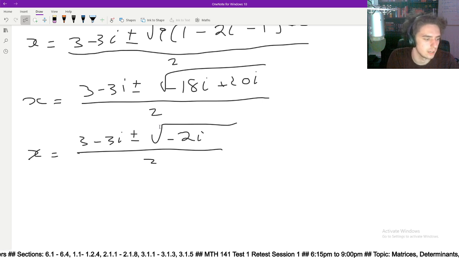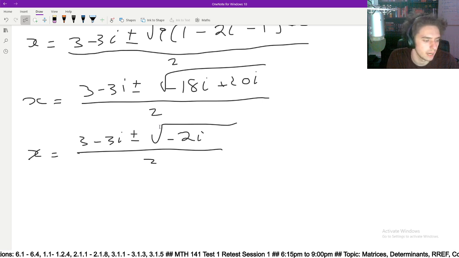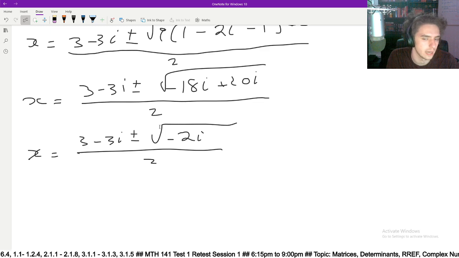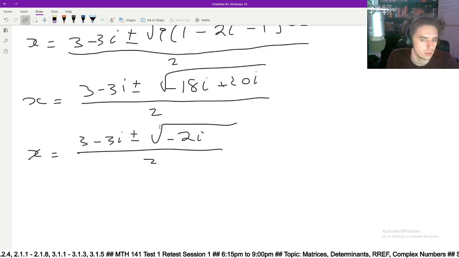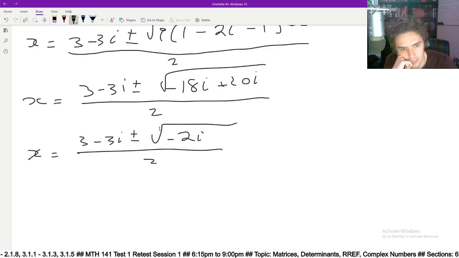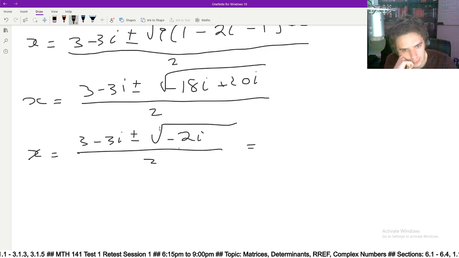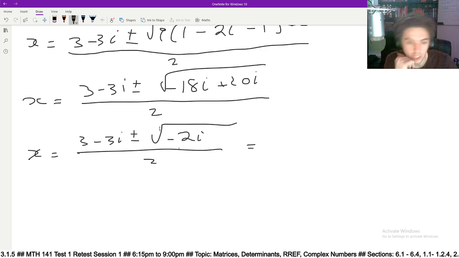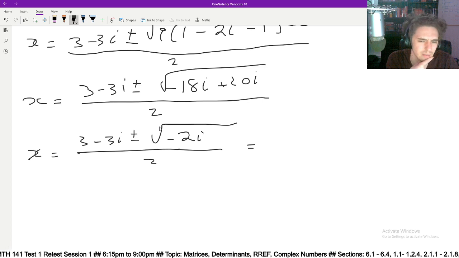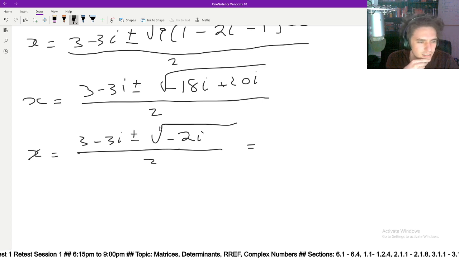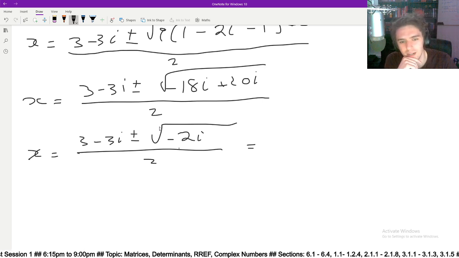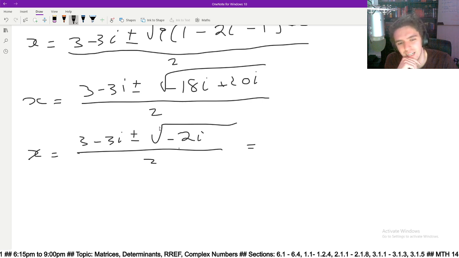It's technically root z, not i, because you get it into a plus bi format, and then that's the square root. Yeah, okay, sure. Alternatively, you can treat this as z, and you find the square root of z. Which actually wouldn't be that hard. Actually, I'm all of a sudden seeing how I could. So maybe we'll actually do it. But another way to do it is to say,